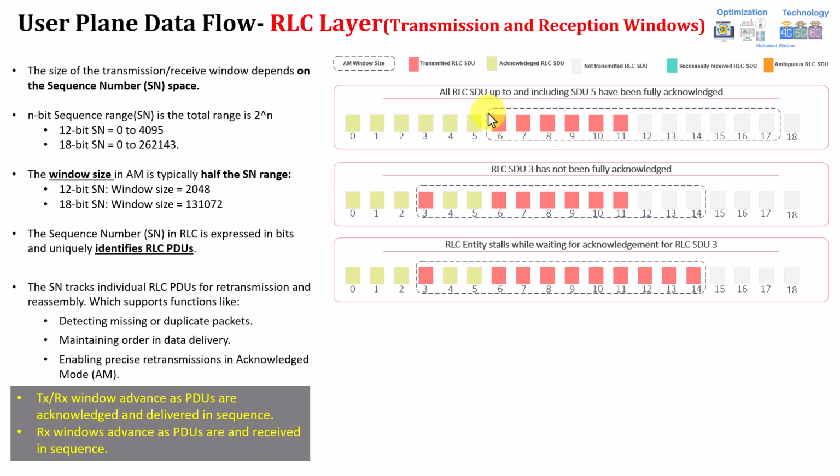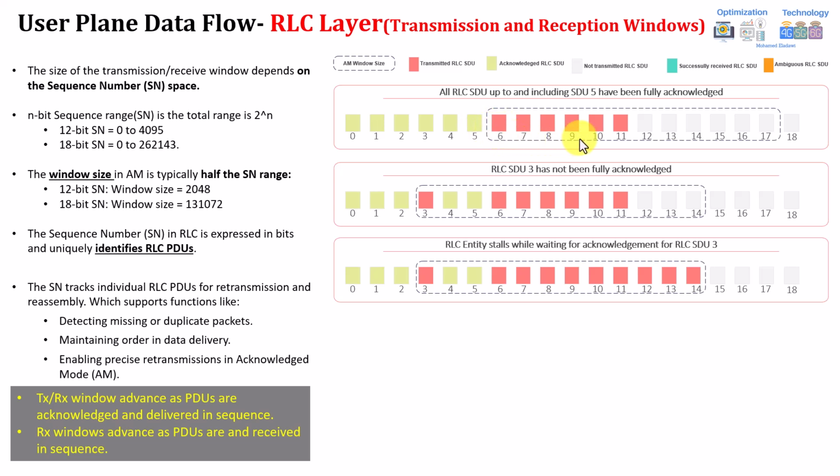The transmitter will shift his window only to the right side, once the data being transmitted is acknowledged. For example, this green one is the acknowledgement from the RLC view. This means he received an acknowledgement from the receiver that those 5 packets were received, so he can now advance his window. Initially the window starts here, and it moves to the right once sequence number 5 is acknowledged, so we will now start from sequence number 6.